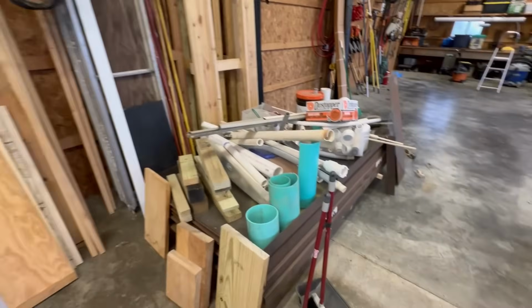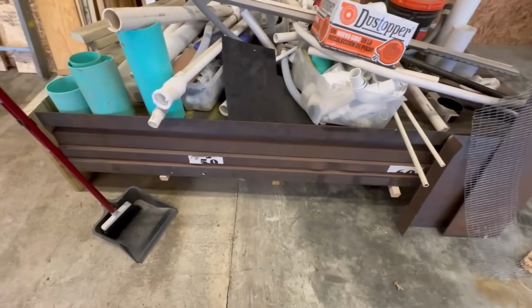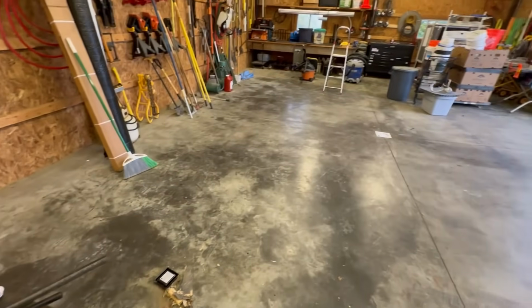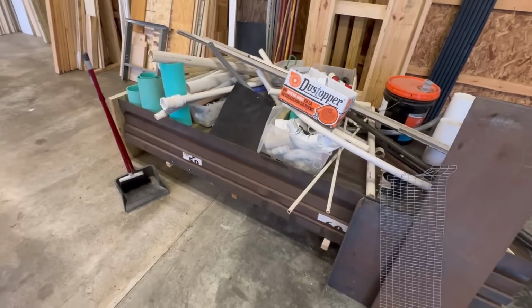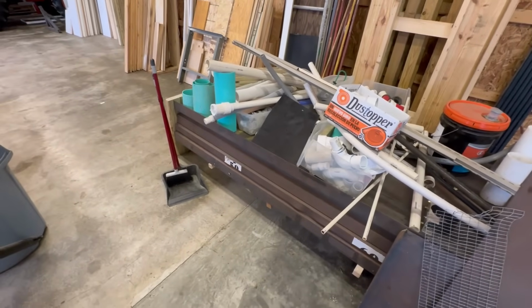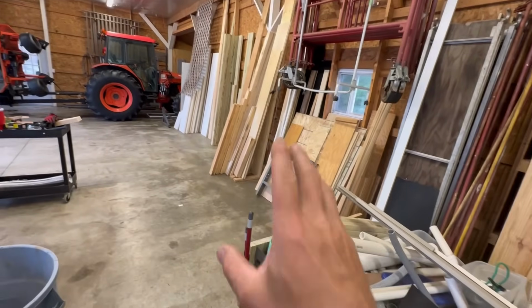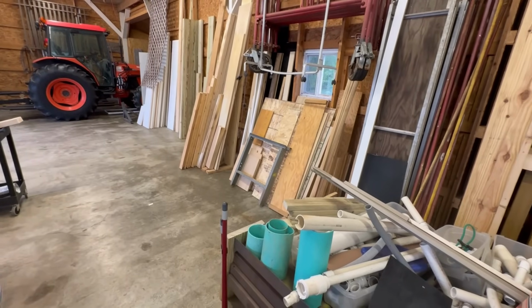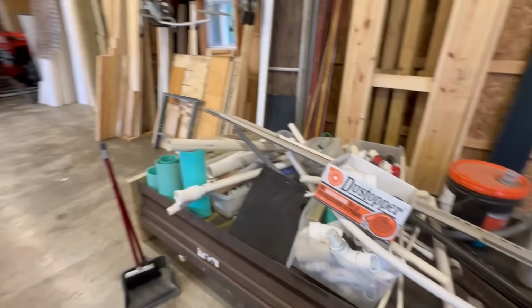I've got some PVC fittings and plumbing and stuff like that that have been sitting on some sheets of metal that I've got stored. And it goes on and on. When you have an empty space or an open space, sometimes you get carried away with just throwing things around. And like I said, it's very hard to create a spot for something like this, because it's perishable stuff, materials, raw materials, everything like that. You can have a place to store it,